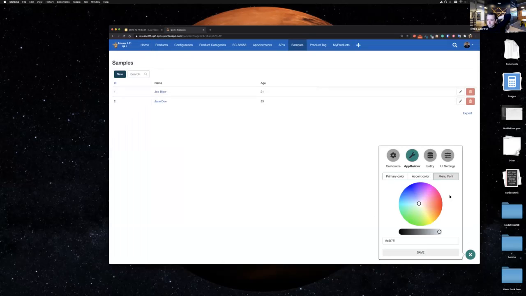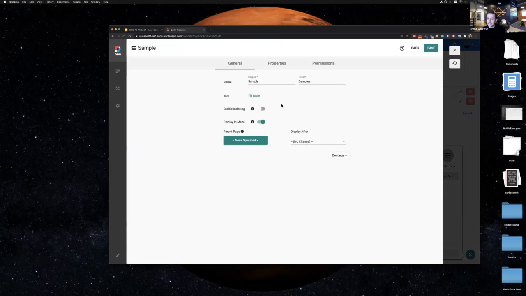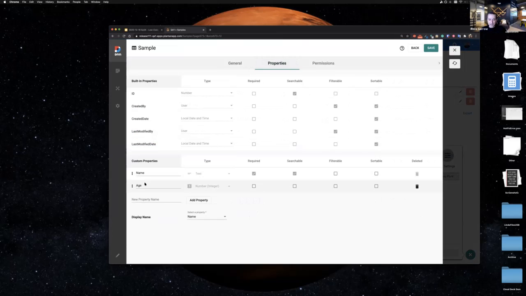And then lastly, a lot of times, just kind of as a quick shortcut, when you have a page that's based on an entity, as this one was, and I want to make a change, and we'll kind of bring this all together and see it in action. If it's sourced off of an App Builder entity, you'll see this entity option here. And when I hit that, it takes me right into this entity. So if I wanted to come and add another field,